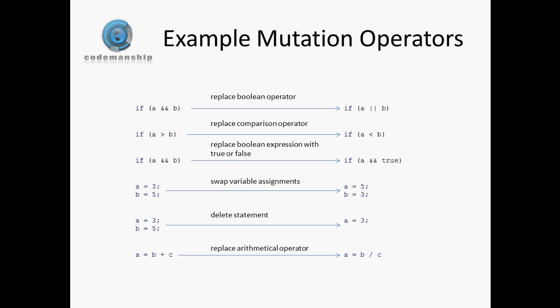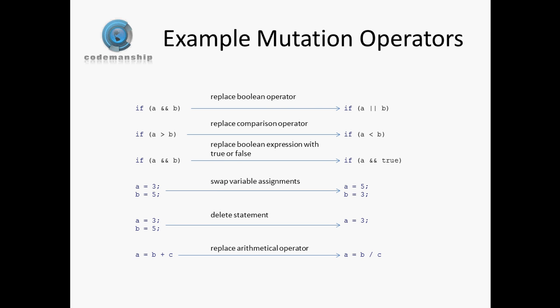Examples of mutation operators that we can apply to our code to produce mutants are: we can replace a Boolean operator like an AND with an OR, we can replace a comparison operator like a greater than with a less than, and so on. So there's a subset of mutation operators that we can apply. There are automated mutation testing tools, you'll be delighted to hear, that take all of the donkey work out of this, and they tend to have quite comprehensive libraries or catalogues of mutation operators that they can apply. So this is just a small subset of the kind of operators we could apply, which I'll be using in